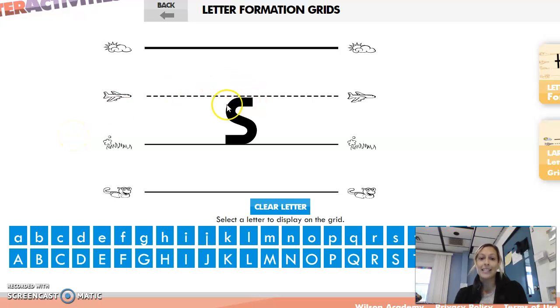Letter S. S is a plane line letter. Point to the plane line. Curve down and around. And swing right back down to the grass line. S, snake,